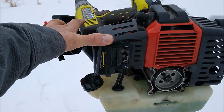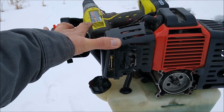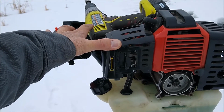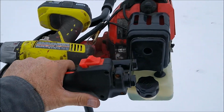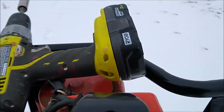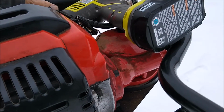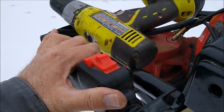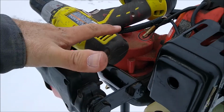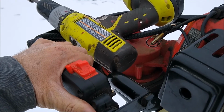It was either fuel or air mixture that was making it run poorly, because the plug always burned fine. It's got this nice light brown tint to it. And at this cold altitude, this may or may not be a great idea for the gear oil. Instead of putting gear oil in it like they recommend, I drained that out and put some 10W-30 synthetic in it that I have just sitting around. I'm not using it in any of my cars anymore. So I put 10W-30 in the gearbox,